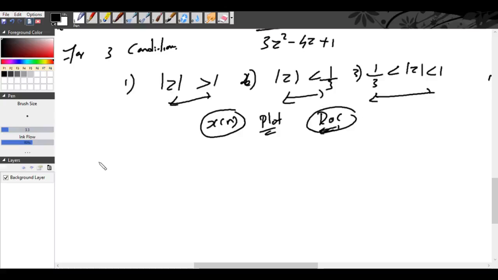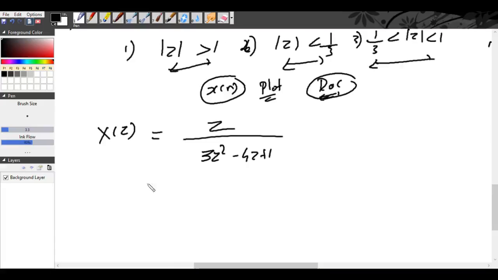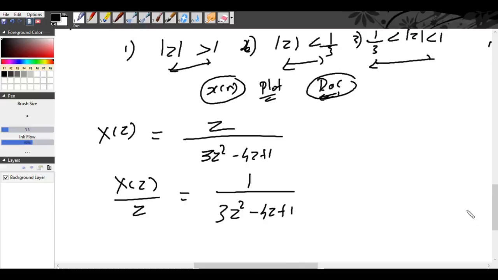So let us try to do that. X of z is equal to z by 3z square minus 4z plus 1. So I am going to use the partial fraction method, which is known to you, which you have studied in the lower class. So z I am taking it here, so that this will be 1 by 3z square minus 4z plus 1. So again this can be written as maybe like A by z minus 1 by 3,